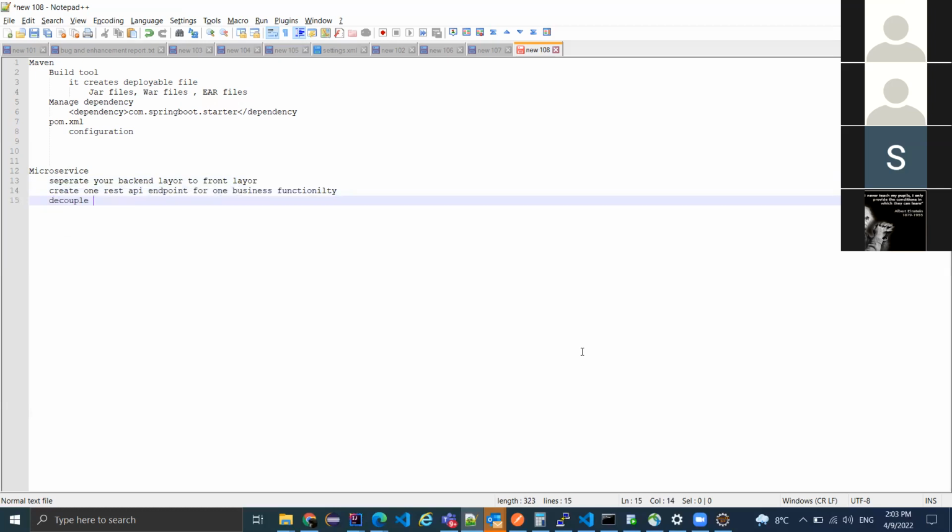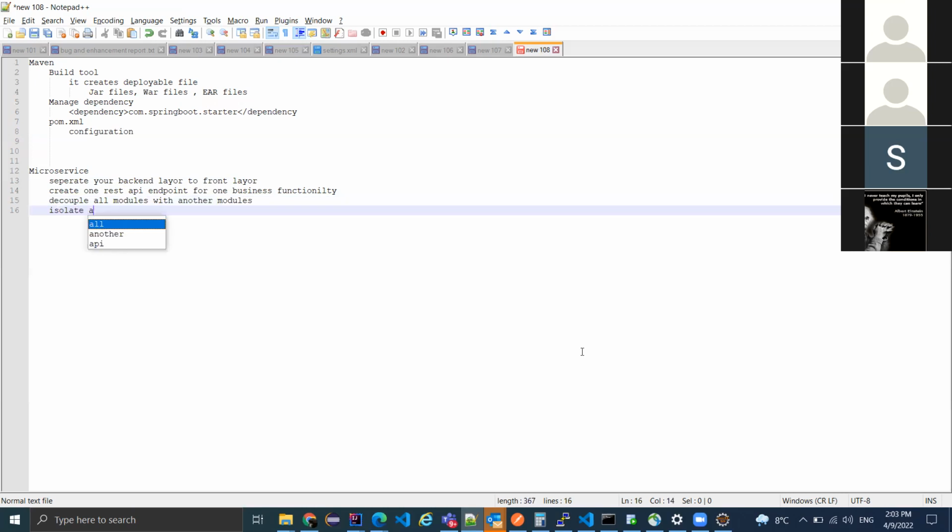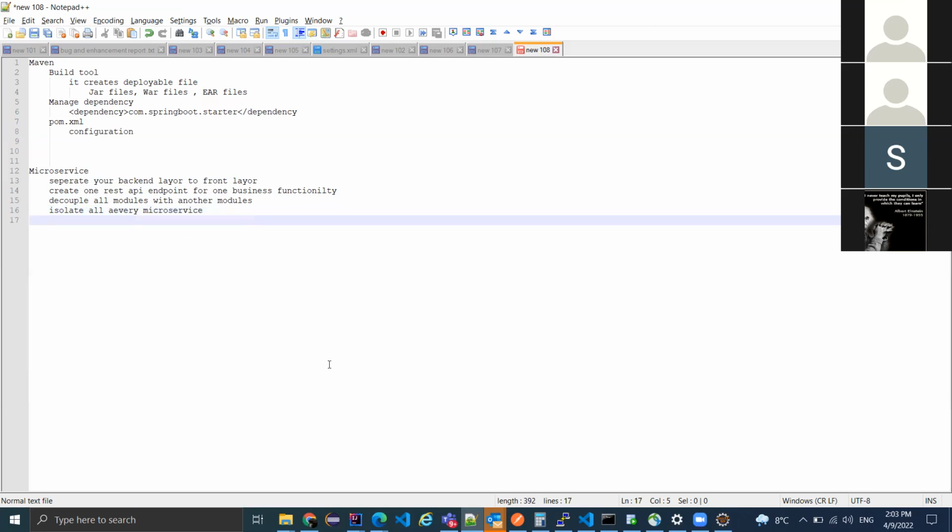Decouple every module from the other modules. Isolate every microservice. So this is something like the theoretical part. If you see here, it's not in our